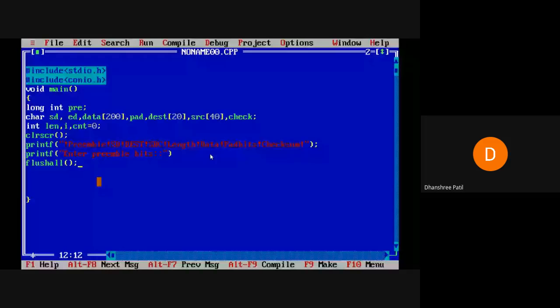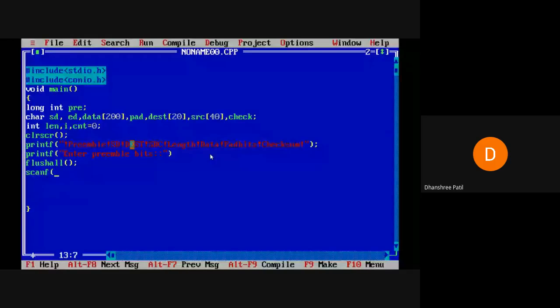So after every printf statement use the flush statement. It will flush all the memory which is used by the earlier data.